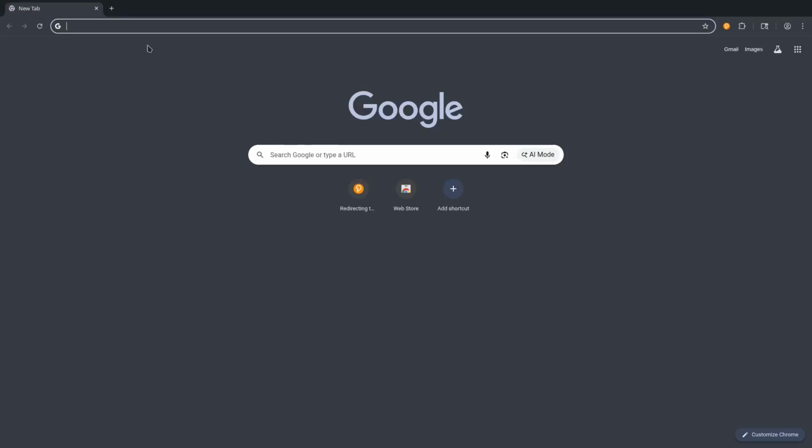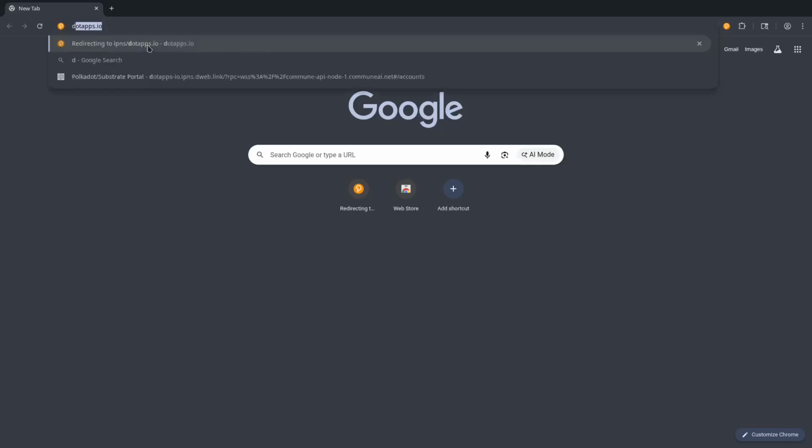Hey guys, just wanted to set up a super quick guide on how to use dot apps to connect to the Commune network and manage your balance and manage your stake. So let's go ahead and open up dot apps,